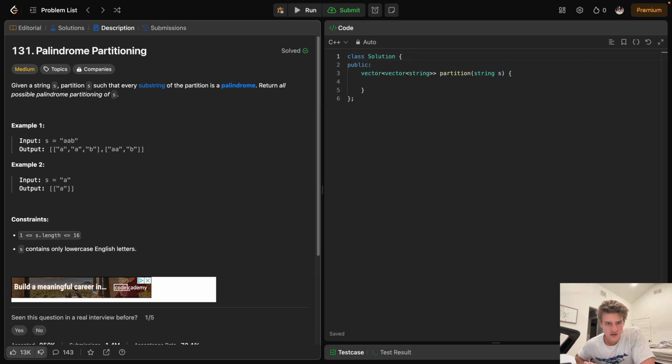Another LeetCode video today. This problem's called Palindrome Partitioning. So we're given a string S, and they want us to partition S such that every substring of the partition is a palindrome. And then they want us to return all possible configurations, or all possible palindrome partitionings of S. So basically, they just want us to partition S in as many valid configurations where every partitioning of S is a palindrome. So we can see in this first example, they give us this string S, it's AAB, and